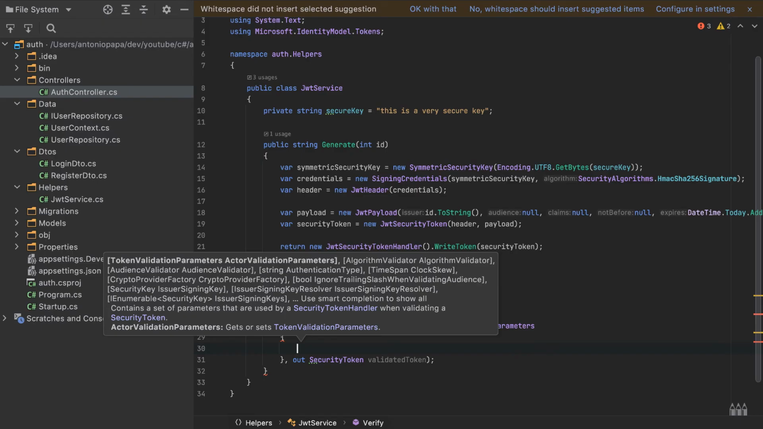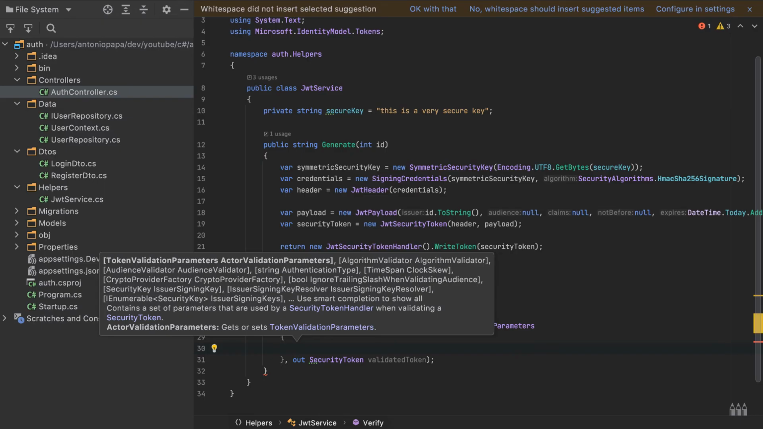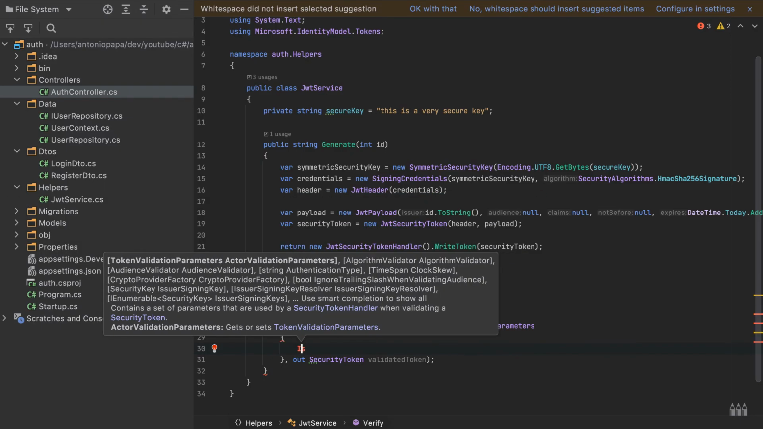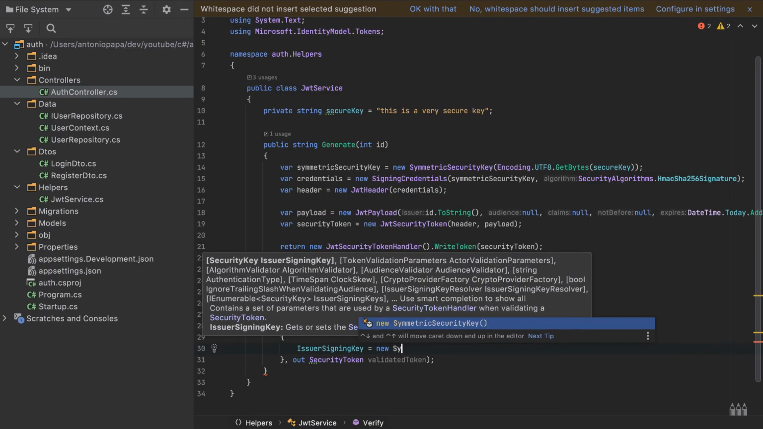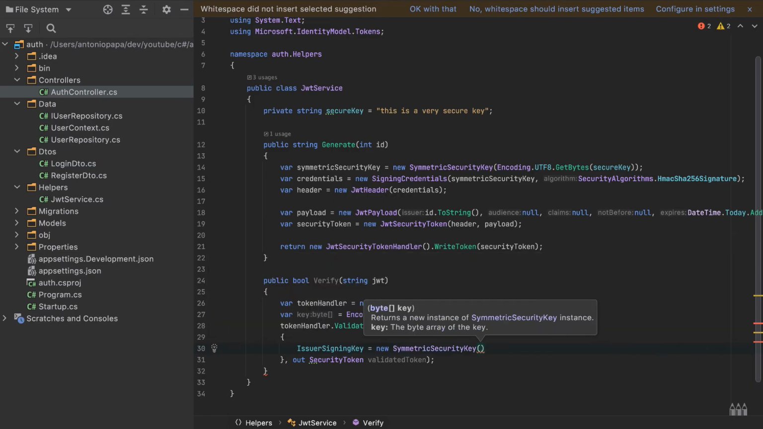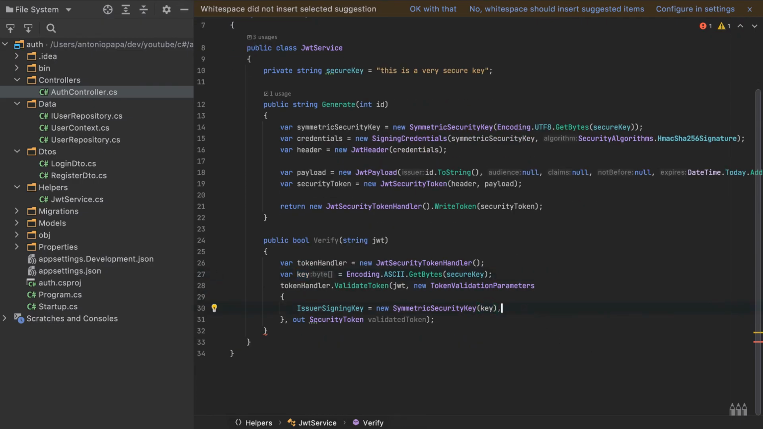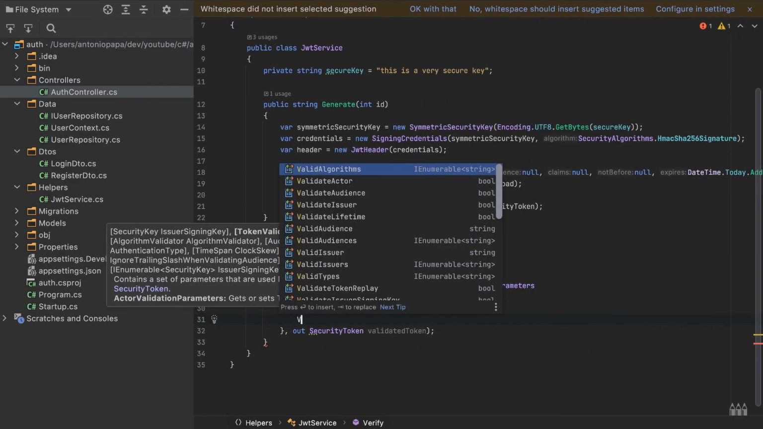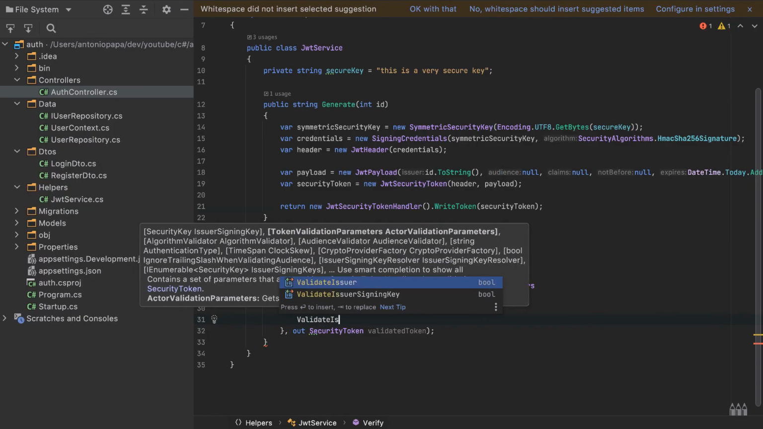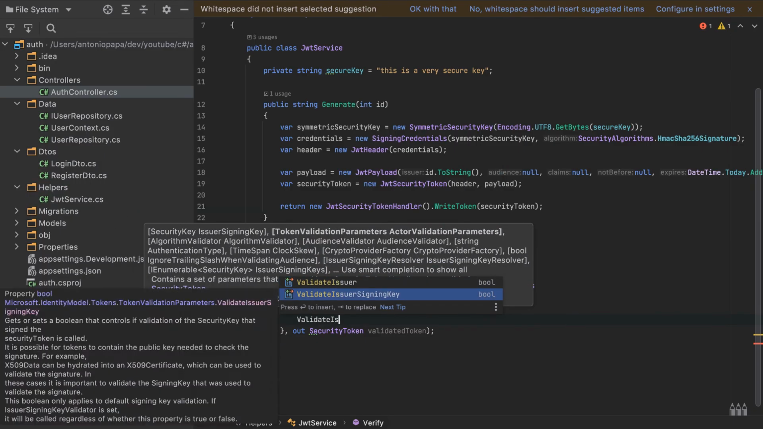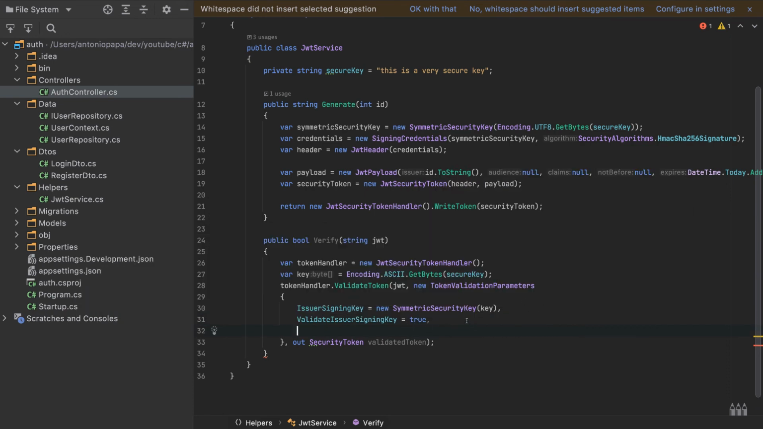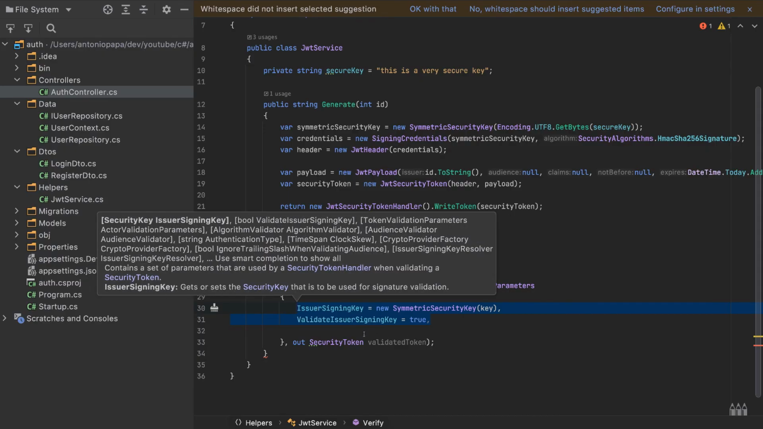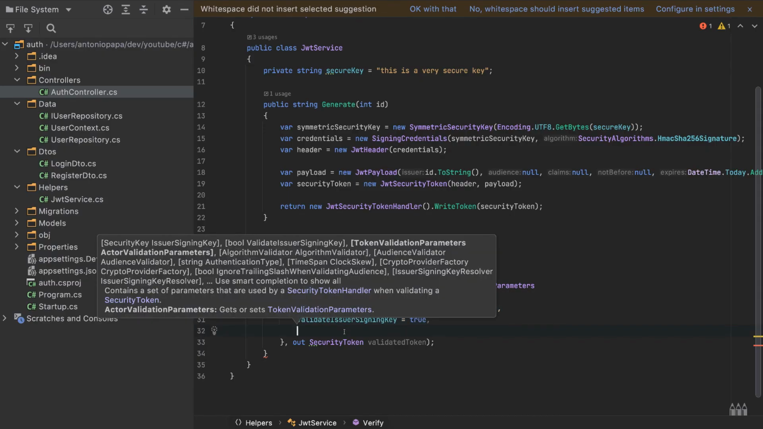So we need some parameters. The first one is the issuer signing key, which is equal to new SymmetricSecurityKey, and we'll pass the key that we generated as bytes here. And the other one is options. So validate issuer signing key to true, and that's it. So these are enough to validate our token, but we have to add two more, which are